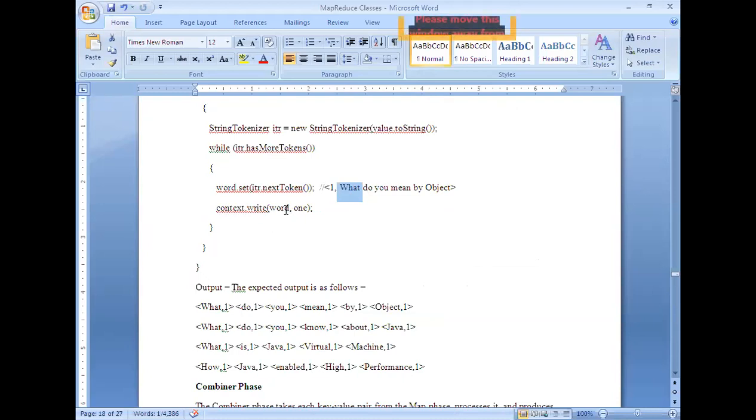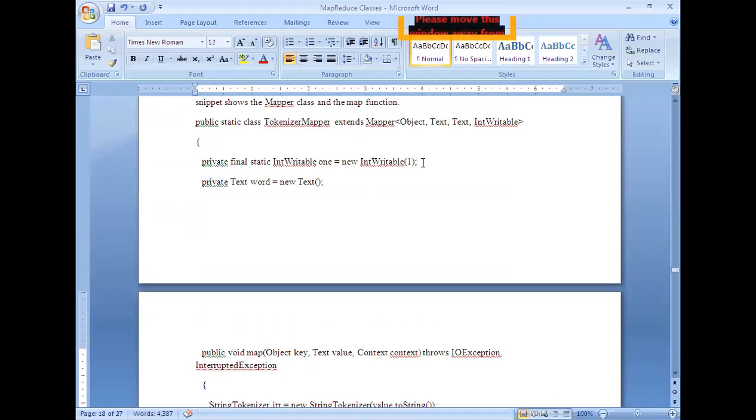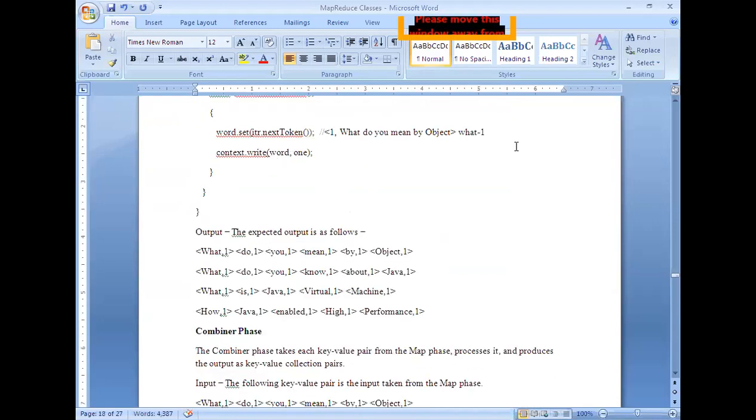You just remember that all mapper outputs will be stored in the local file system where it is running. Where is it running? It is running in the data node, because this input split is stored in the data node on which this mapper logic is going to be executed. And so after executing the first step, the output that was written into the local file system is the word with value 1 only. Here we have declared it like that. We assign 1 to the object one, so that is the reason it will be displayed as 1.